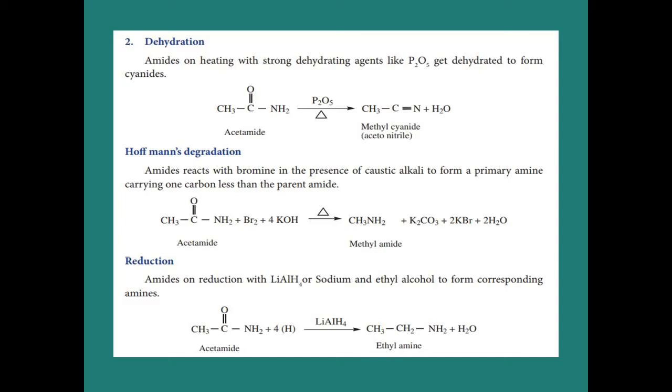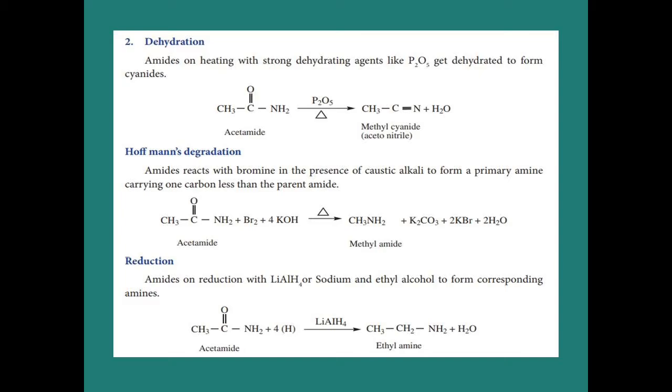Now we get potassium carbonate, and the remaining 2 potassium take the bromine, so we get 2 moles of potassium bromide. Then the OH alone, 4 moles of OH we are having, combine with each other to give 2 moles of water. Now another product we are getting is methylamide.